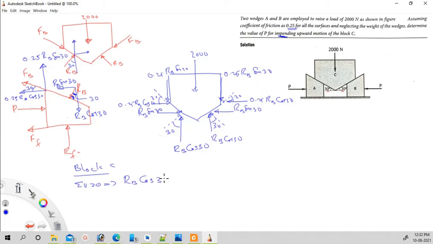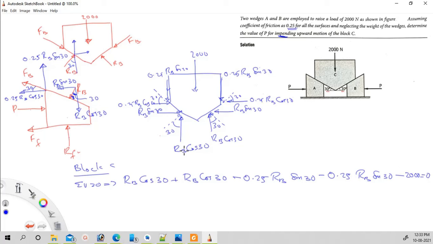RB cos 30 plus RB cos 30. Then minus 0.25 RB sin 30, which is acting downwards. Again on this side minus 0.25 RB sin 30 and minus 2000 equal to